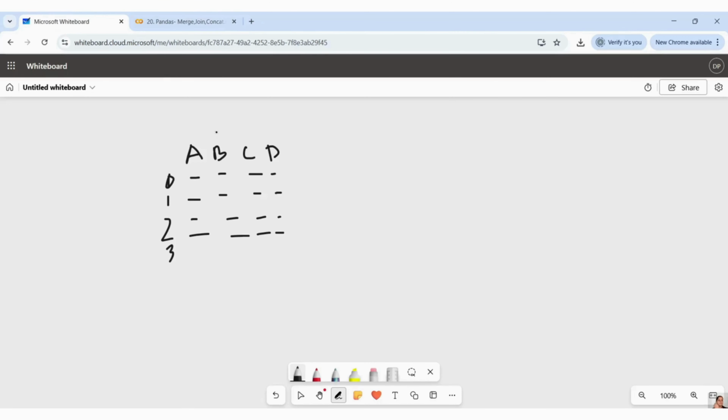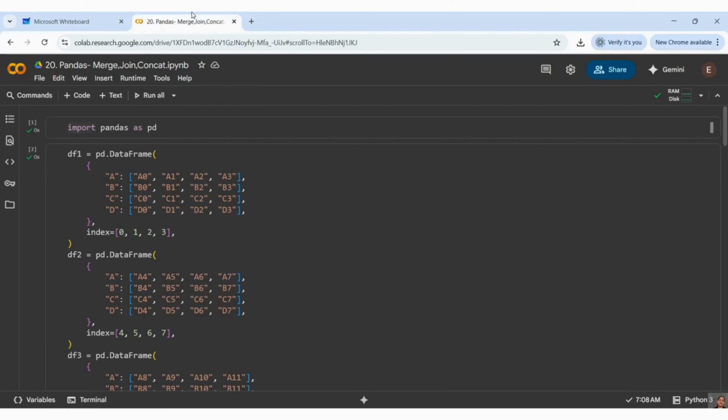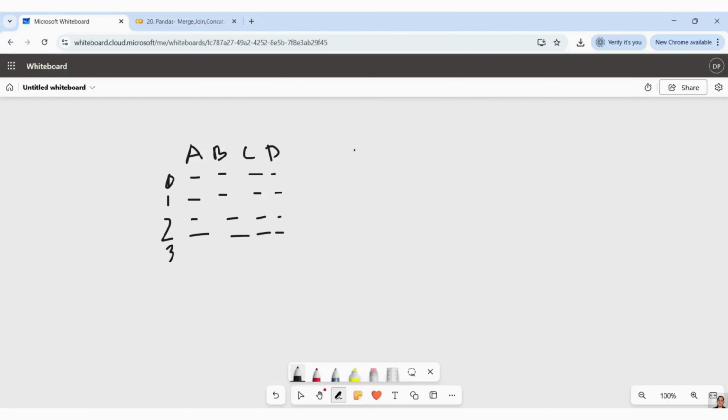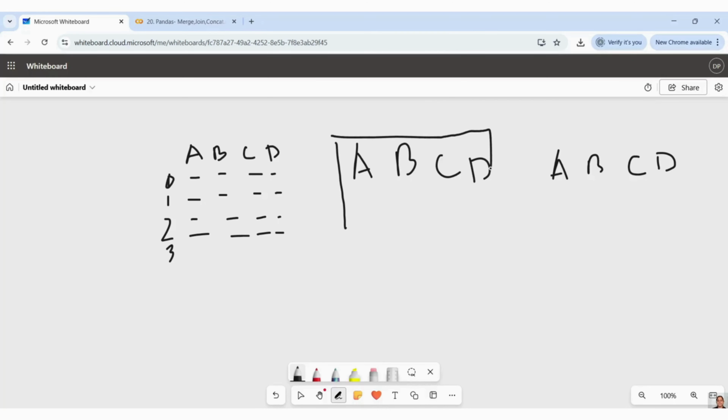Now I have another data set with the same columns A, B, C and D. And again another data set I have with A, B.